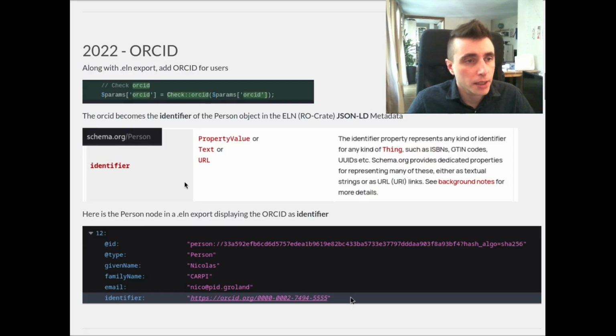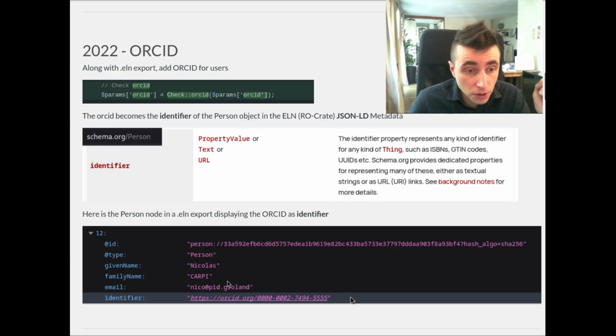When I added the possibility to export your data from eLab into an ELN archive, I also added the ORCID for users. And this identifier, we use it in the JSON-LD metadata that is exported in the RO-Crate as the identifier property of the person object.